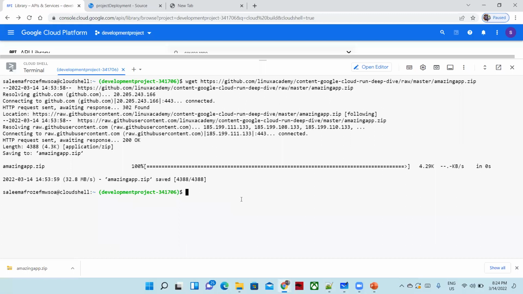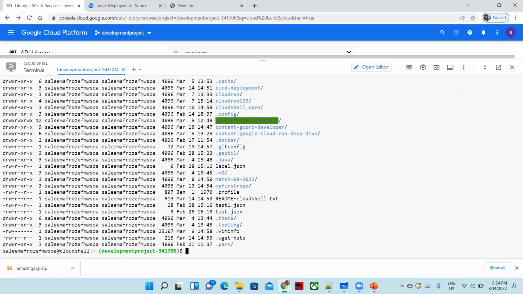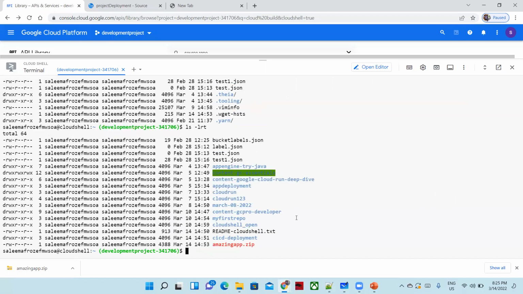Today I want to show you a different kind of scenario. That's why I took it as a zip, because you have to learn the wget command also, right? But it's very useful, on a regular basis basically. Okay, just go there. Where is my zip? Where is my project? It's not showing at all. I think it's saved in content Google Cloud Run deep dive. No, it's available here. Okay, ls minus